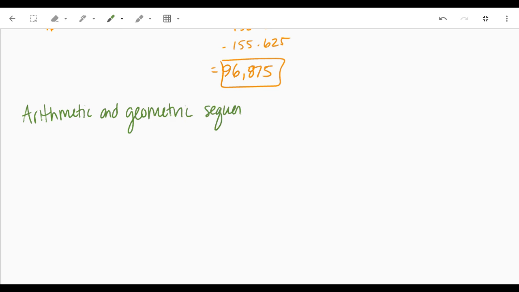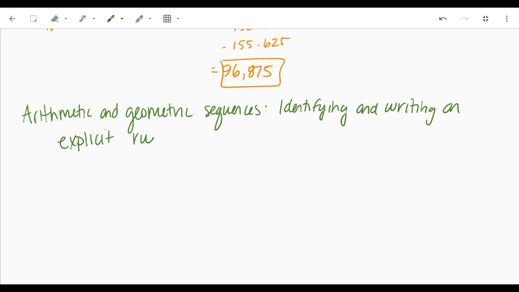Sequences. Identifying. Oh, now they have you writing the one for geometric too. Okay. So we've already done this individually for both. Now they just kind of combine it. Okay. So